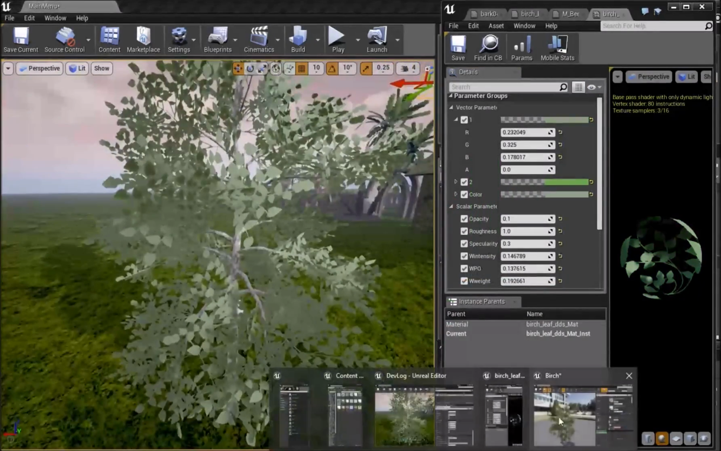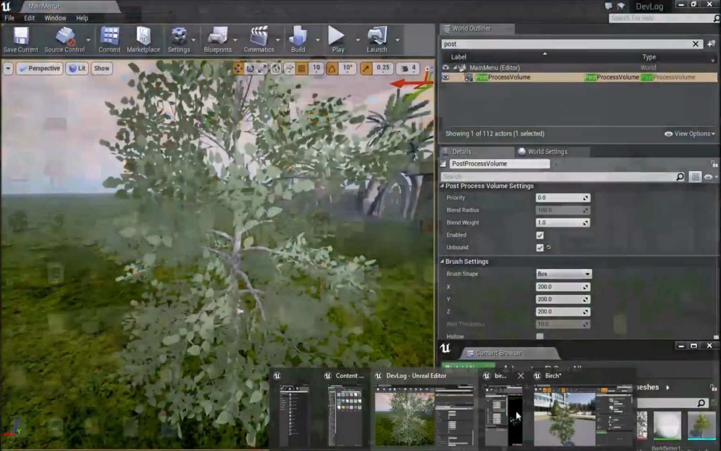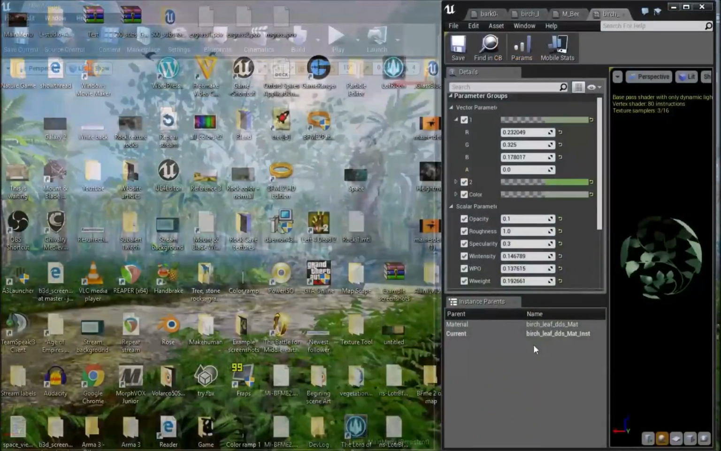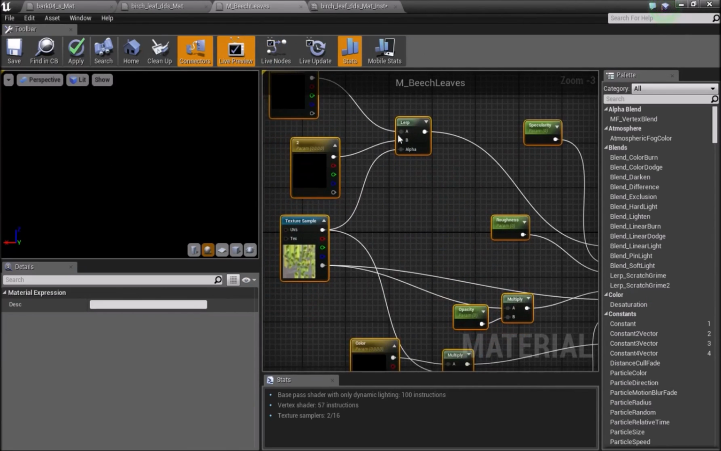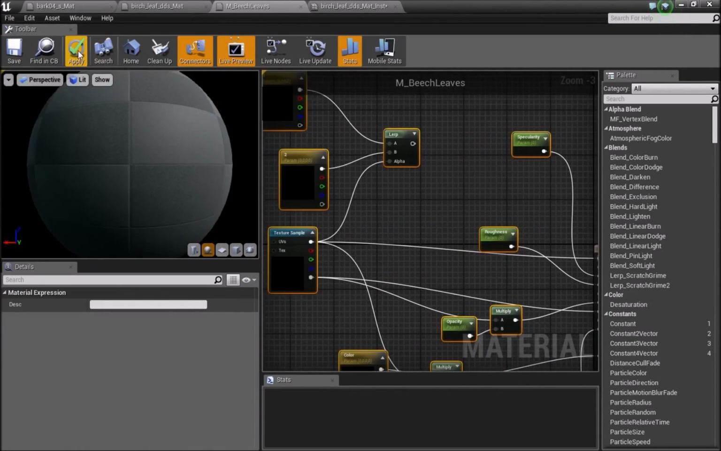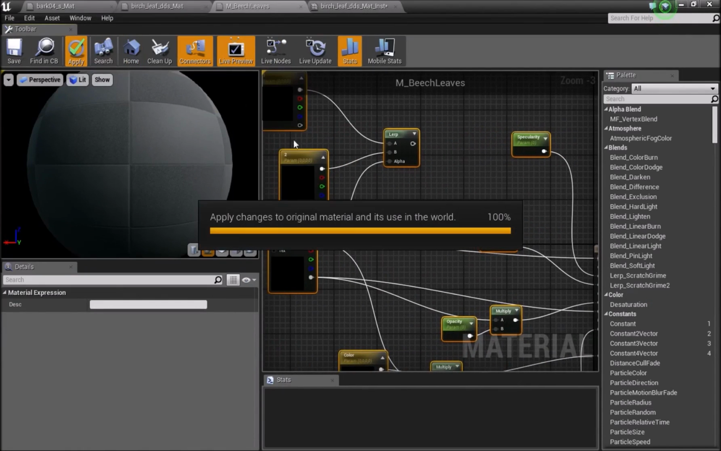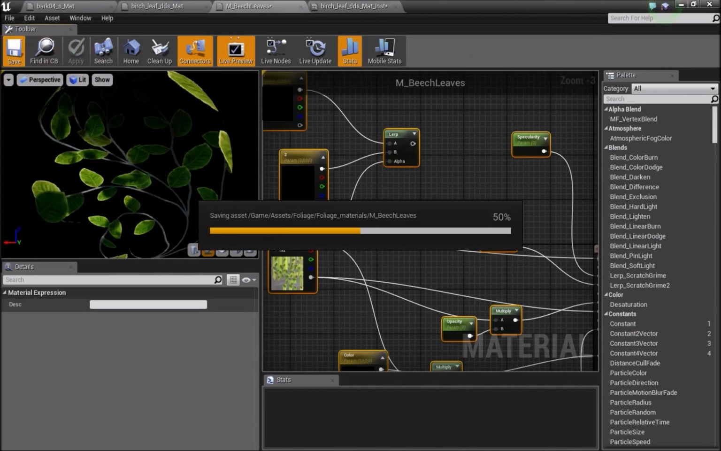Or if all of this doesn't look very good to you, what you guys can do is head back to your main material, and I'm just going to take away this lerp from down here, and I'm just going to connect this to my base color, and I'm just going to do apply and save. So now I'm not using the lerp and these 1 and 2 textures down there. Now if I go back to my scene,